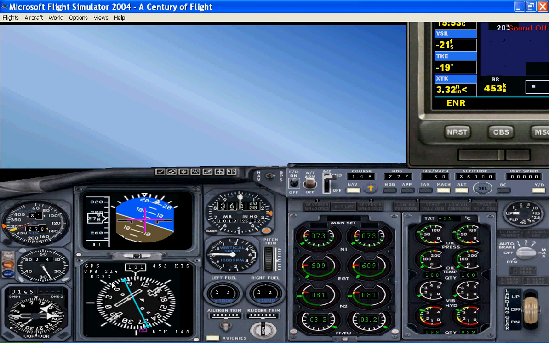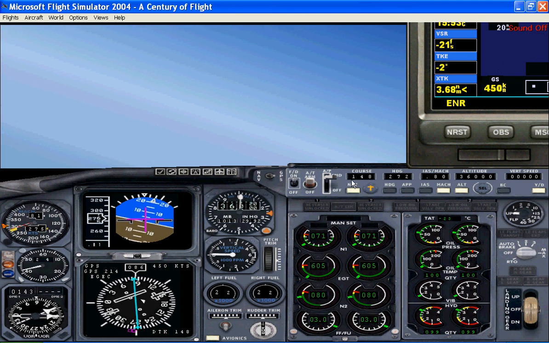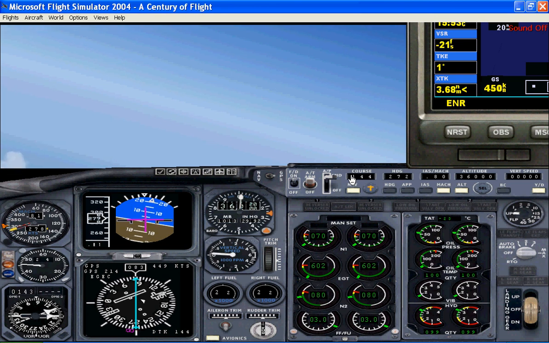So the airport I'm landing at is called Campbelltown. Now the runway heading is 114. I know this because I've been down on the runway and checked it. So now I'm going to set the course setting. This doesn't have any effect on the nav if you're on GPS. It only works on nav. So I'm going to put this to runway heading, which is 114,